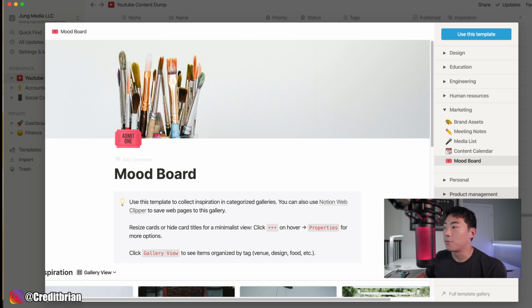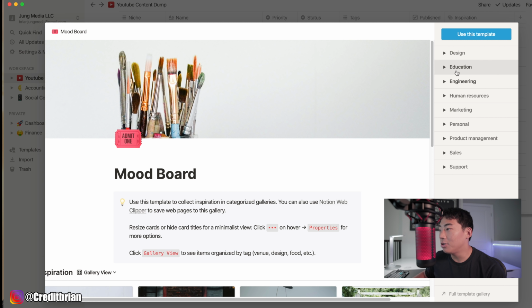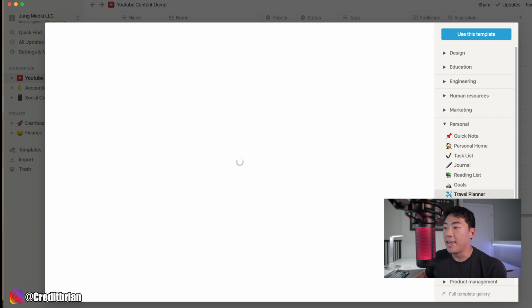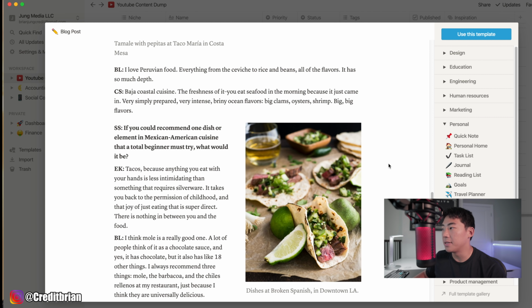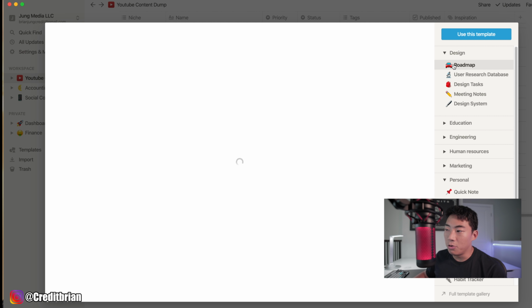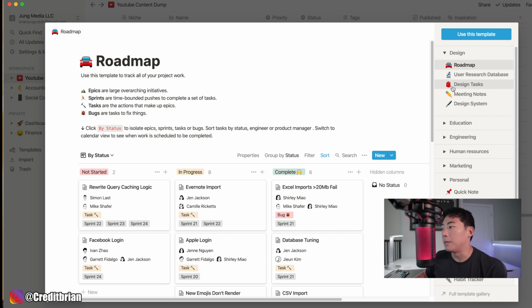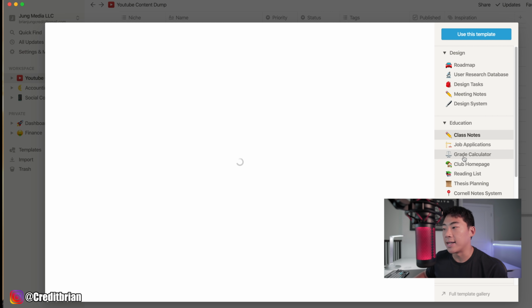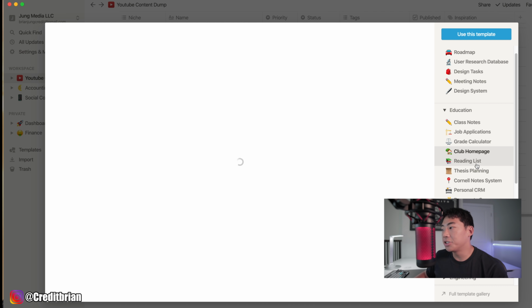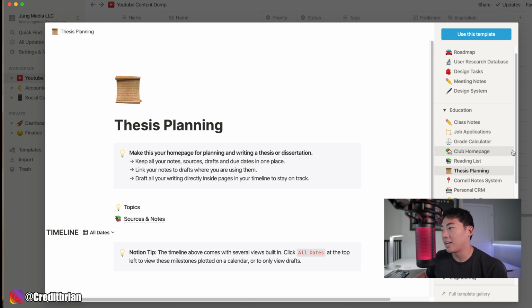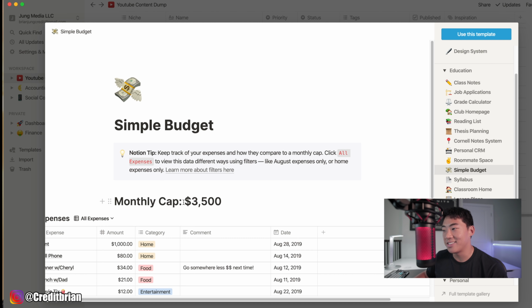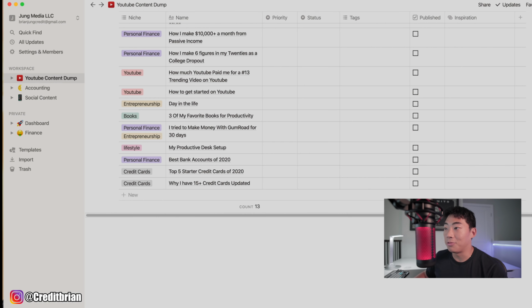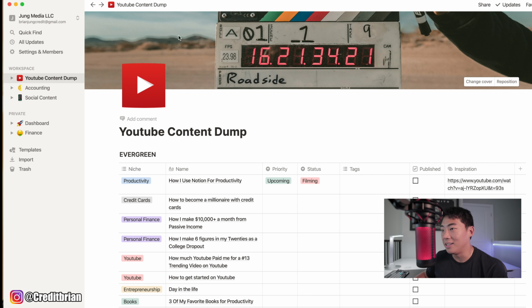If I go into the free templates in Notion, they even have a little section, let's see, personal, blog post, travel planner. They have their own different templates that you can use. If I want to roadmap things, if I want to design, or if I want to collaborate with other people, they have so many different ways for you guys to organize all of this. So here are just some templates you guys can use. Definitely check it out and understand, like, look, they just do a good job in the basics, which I really like. It's customizable, it's clean, it works.